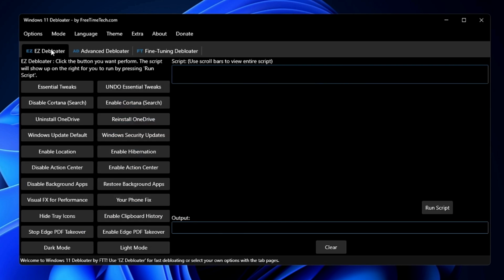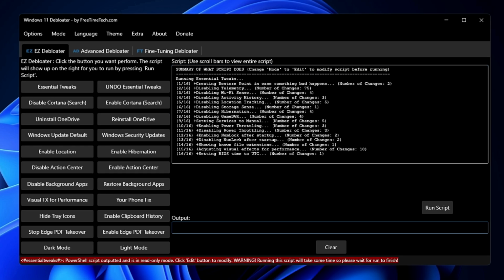I will start with the easy debloater. Once you click here, it gives you an option of essential tweak. And once you click on it, on the right hand side, you can see what exactly it's going to do. Like it will create a restore point so that if anything goes wrong, you can easily revert the action. It will disable the telemetry, Wi-Fi sense, activity history, location tracking, storage sense, hibernation, and game DVR so that you can get the best performance. After reading it, if you really want to apply it, then you just need to click on run script